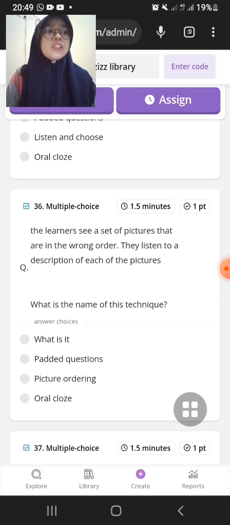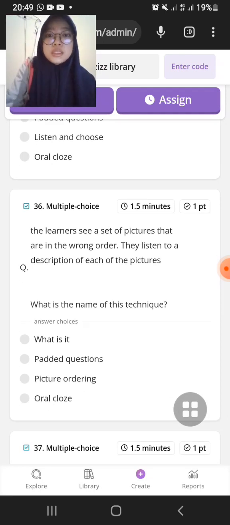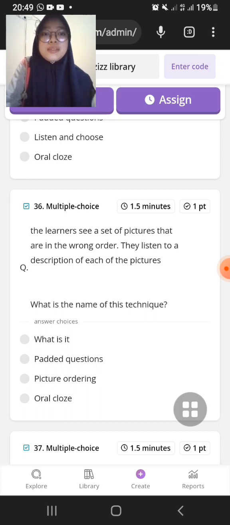Question number 37, 38, 36. Sorry. The learners see a set of pictures that are in the wrong order. They listen to a description of each of the pictures. What is the name of this technique? The answer is